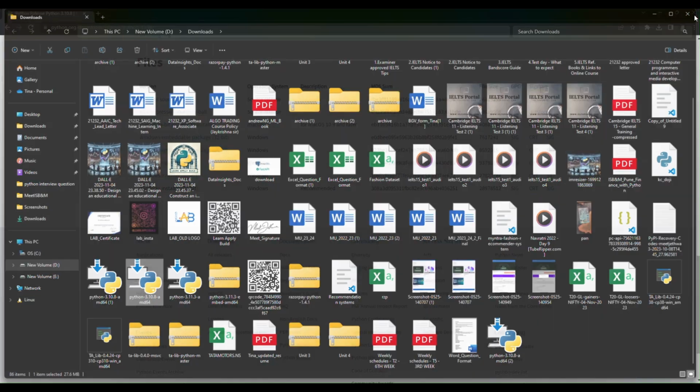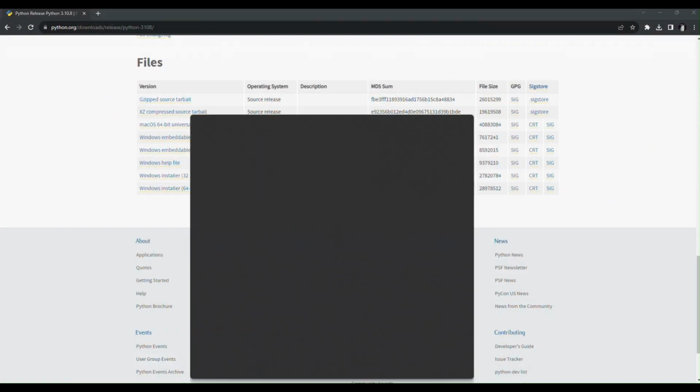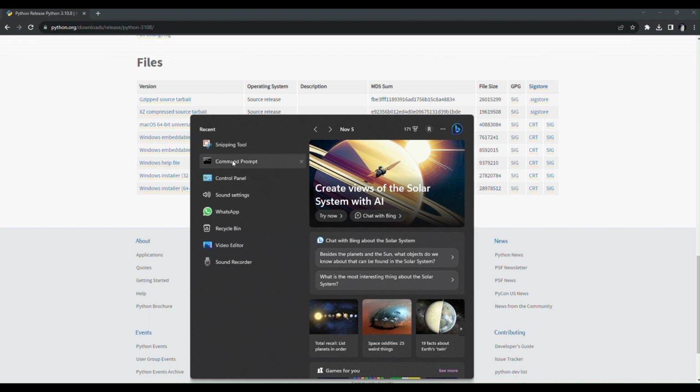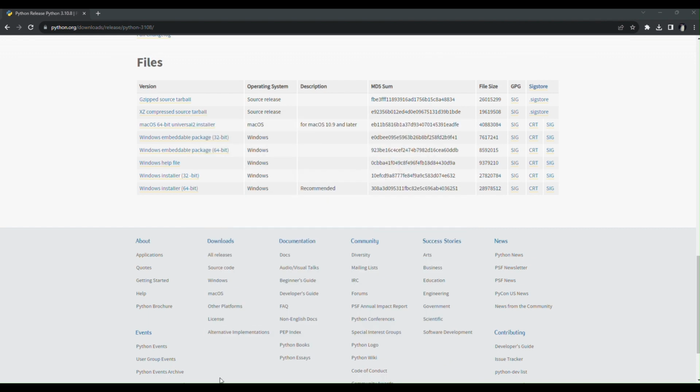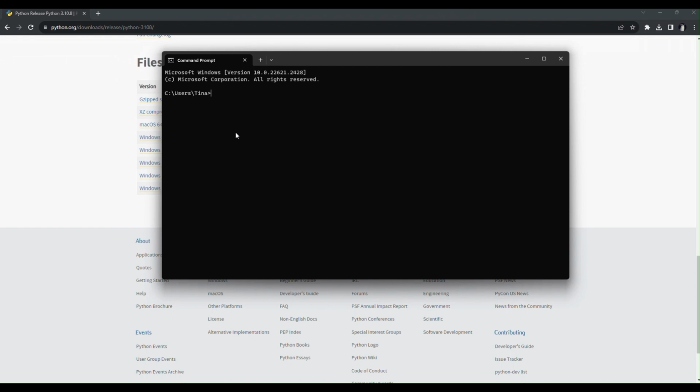Now, the next step here is how to check. We have installed Python on our machine. Now, how to check whether Python is installed or not? So go to command prompt. In your search bar, search for command prompt, CMD. And once you get that, type the command Python